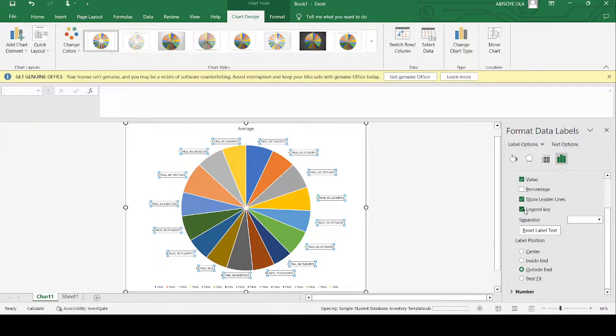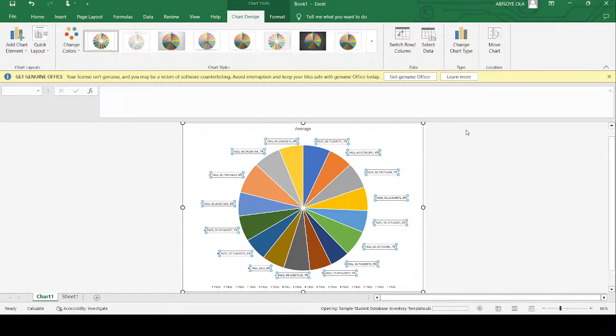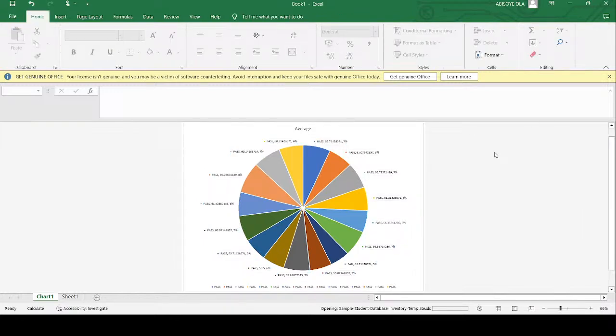So this is legendary, right? Legendary is the color key you have below, all these colors. That's what they call legendary. And then you want to show percentage too. You can do all that so that when people are visualizing your data, when you show your data to people by using the visual representation, they can see it